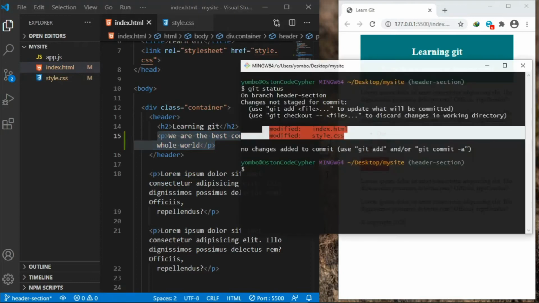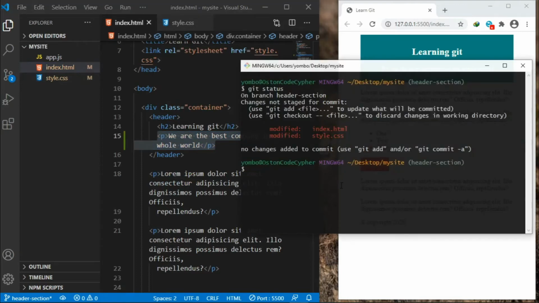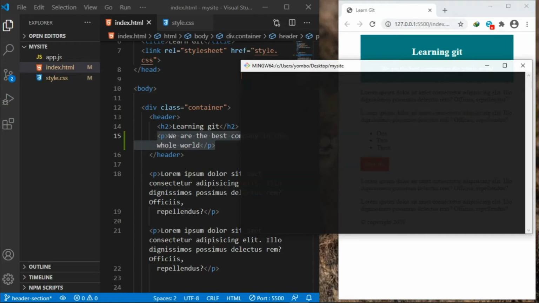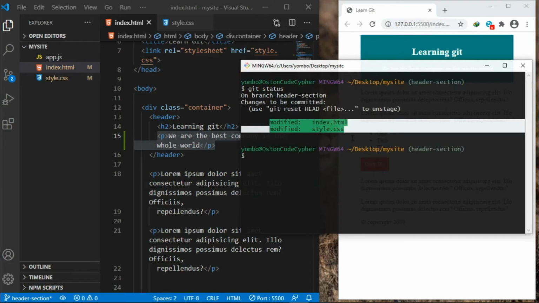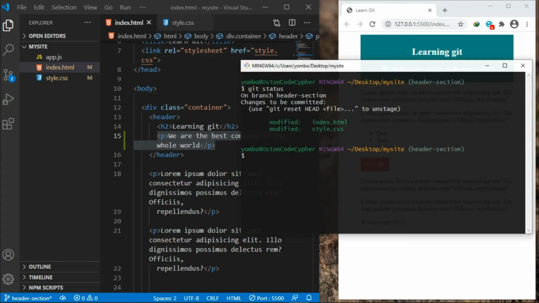So let us add and commit these files or changes. So we do git add. So we are adding it to the staging area. Let me first clear this. If you do git status, it will show you that they were added to the staging area, and let us commit them. So git commit -m